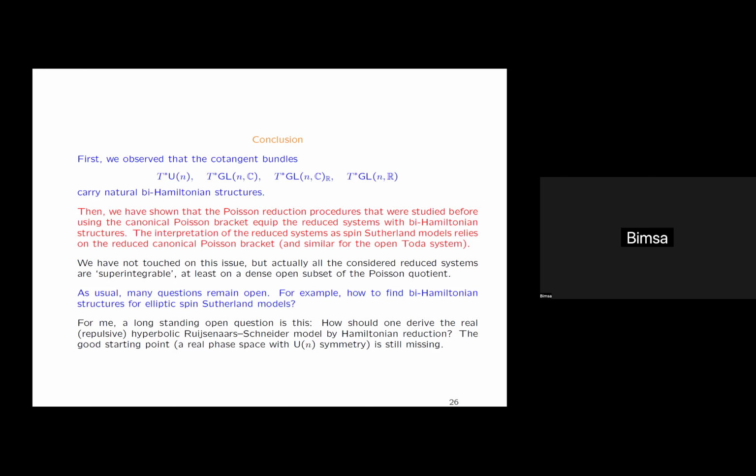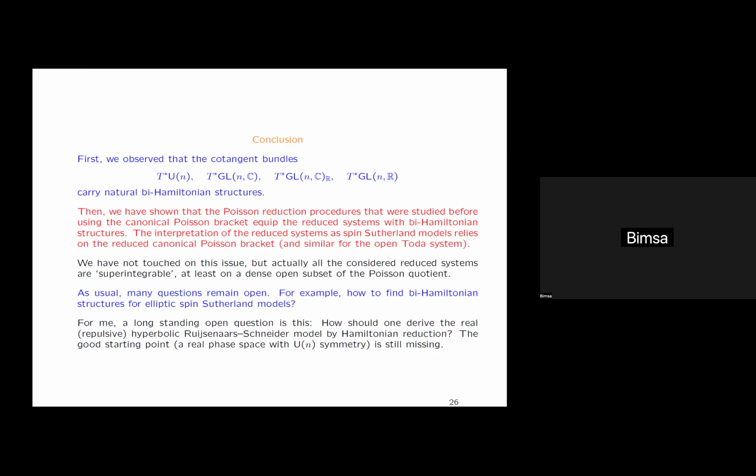But now if we do it for the bi-Hamiltonian structure, then we obtain bi-Hamiltonian structures for the corresponding reduced systems. Some of them are well-known classical integrable systems. So we obtain bi-Hamiltonian structures for spin Sutherland models with these two spin variables, or for the symmetric Toda lattice, we